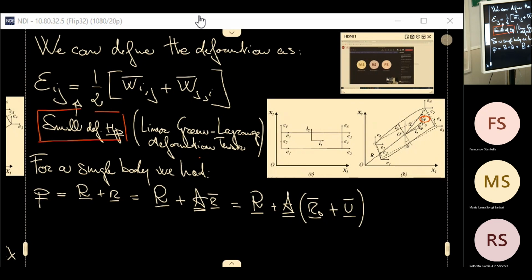The displacement induced by the deformation on the body, expressed with respect to the local frame of the body. Now, you can think of our case in which we have this element here as a body composed of a single element. You can do this parallelism if you want. In this single element parallelism,